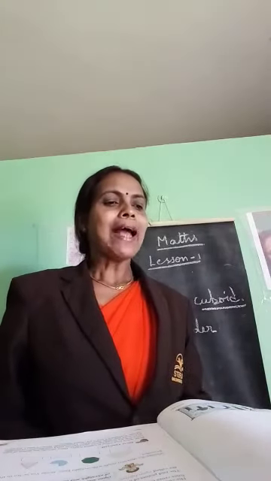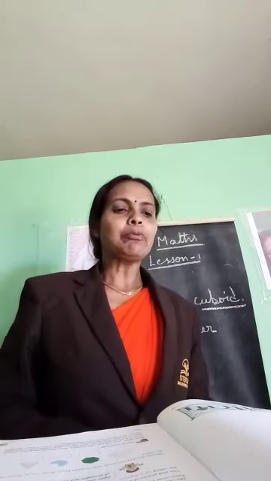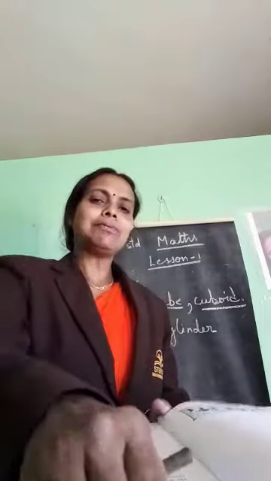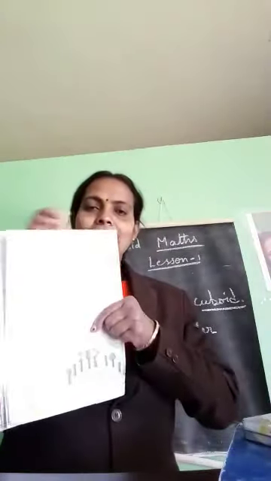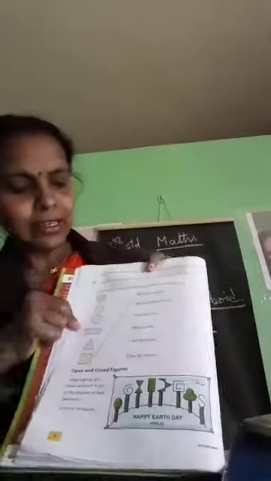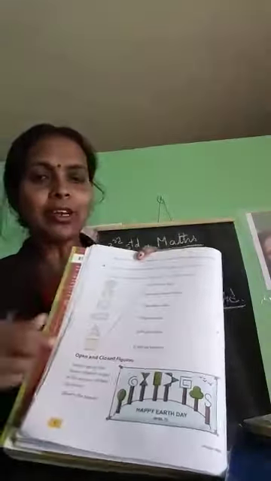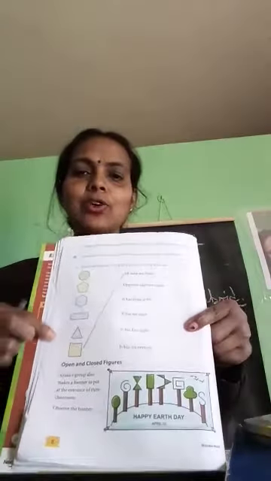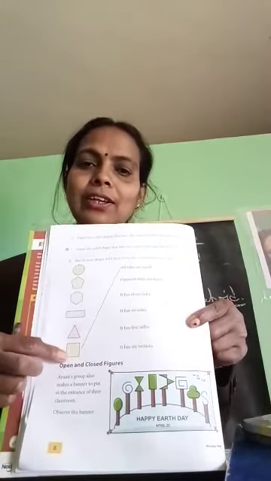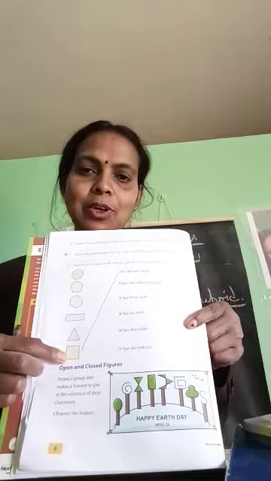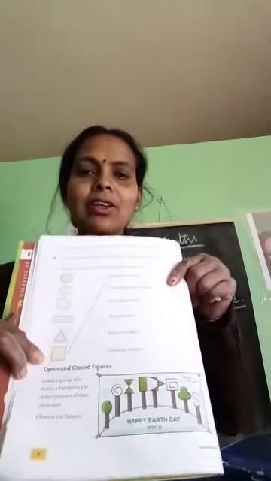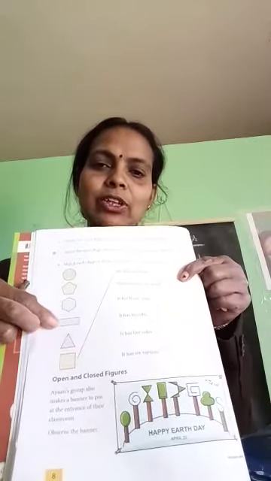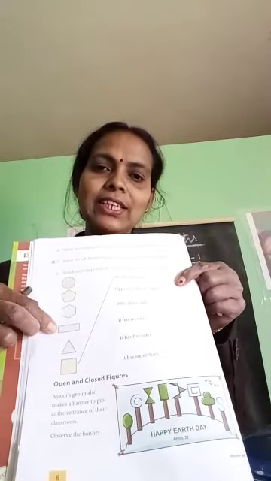Now match each shape with their property. One is done for you. This match you have to do. This is very easy. Can you do? See here, all sides are equal. So which figure has all sides equal? That is this one. It is square. Got it? Now next is opposite sides are equal. Which figure has opposite sides equal? This one. Match it over here.